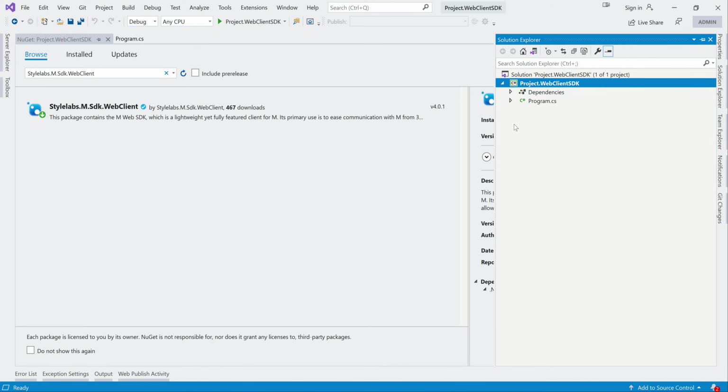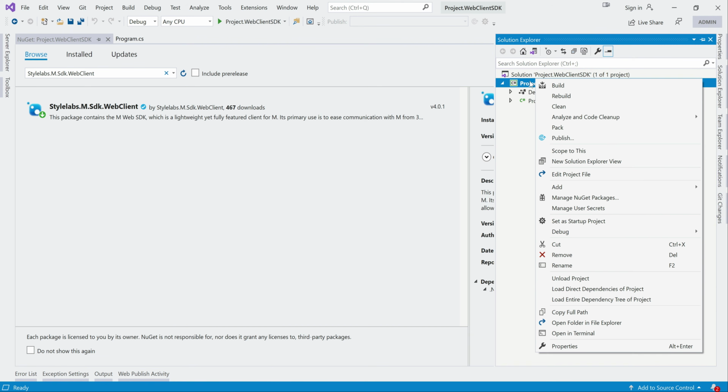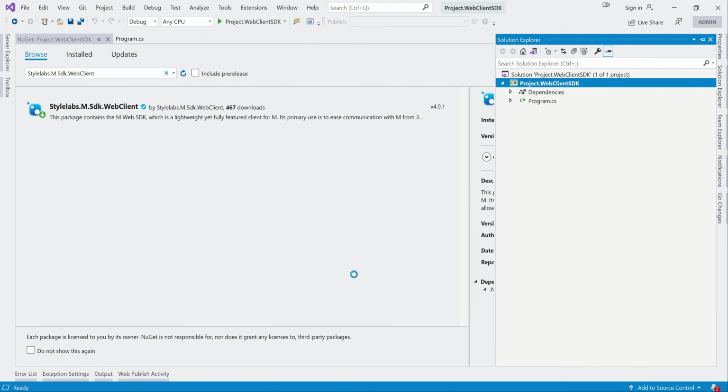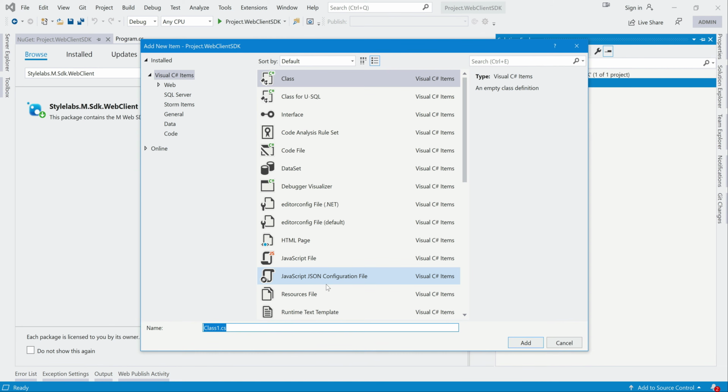Now let's create the connection. I'll just add a class. Let's call it MClient or MConnector, or anything is fine. MClient.cs.